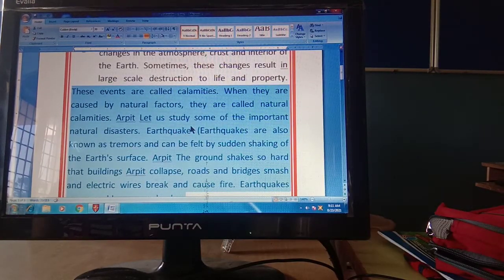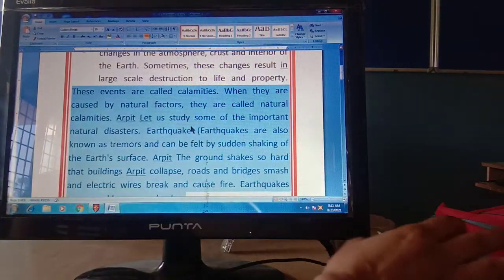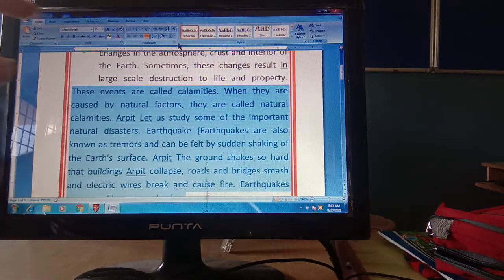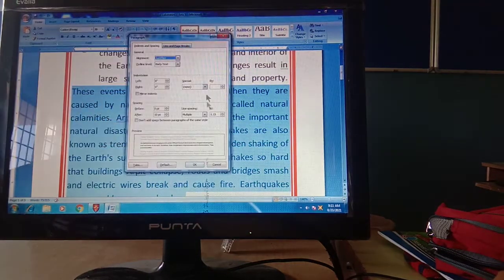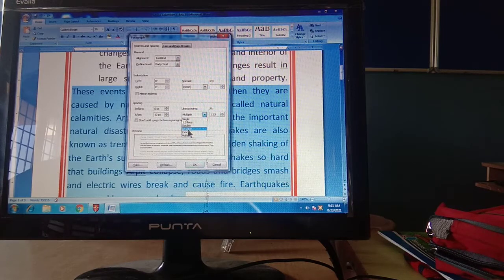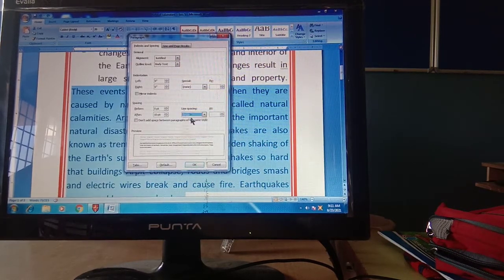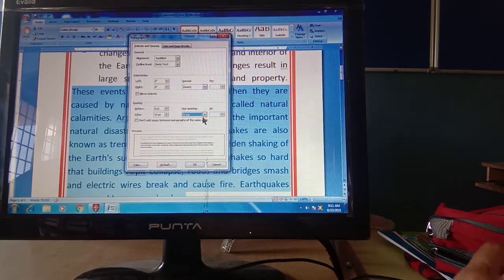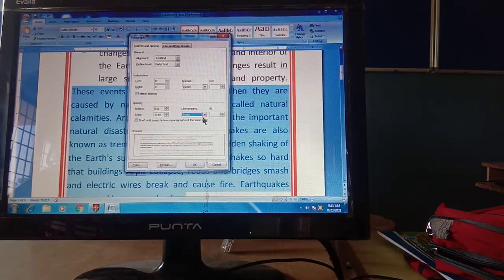Single line spacing you have learned about, and you can also change your line spacing from your Paragraph dialog box. So again we have to go to the paragraph launcher in the Home tab, and there we have Spacing. The spacing part is here. Here you can change your line spacing according to your own need. There is single, 1.5 lines, double, at least, exactly, and multiple. So these are the different types of line spacing available. By default the line spacing is set to single.